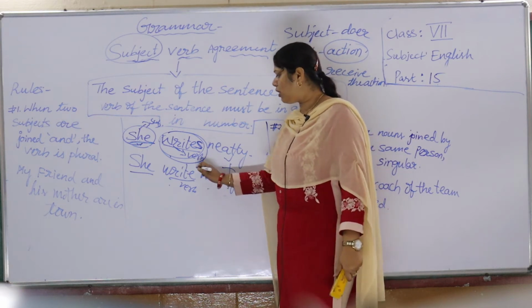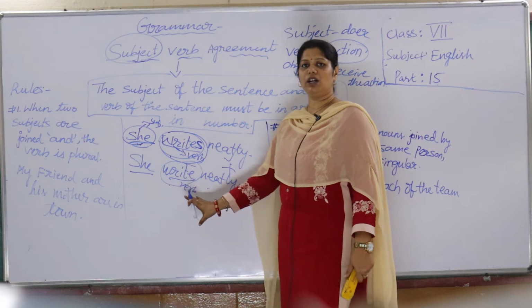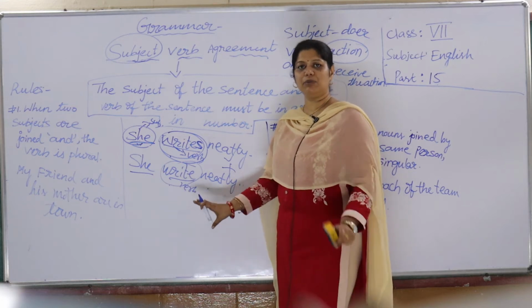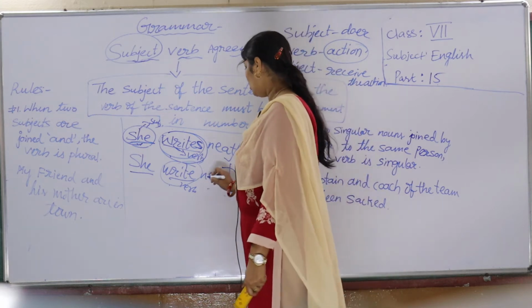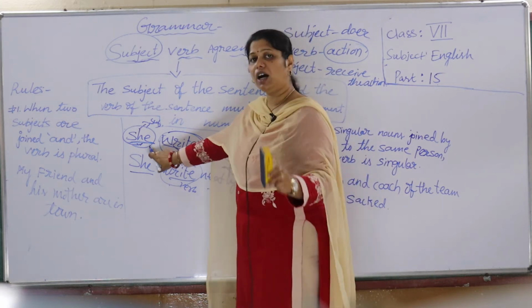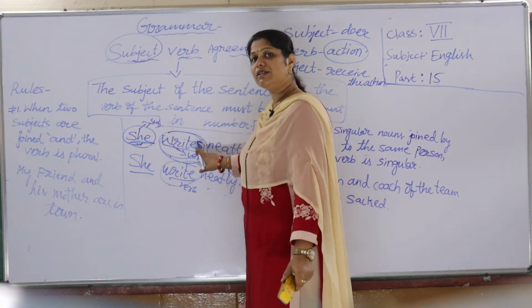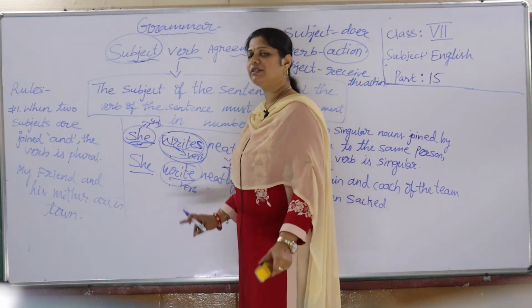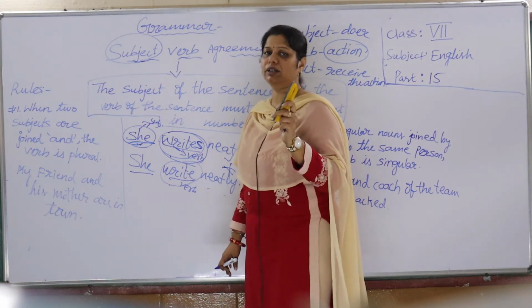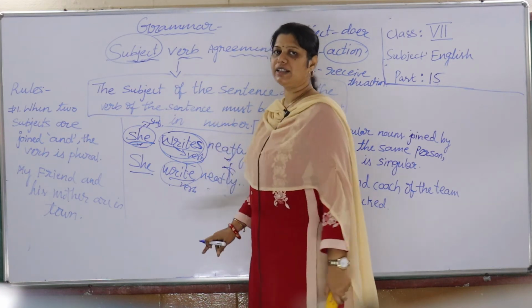So the plural form is the normal verb what we write, the present verb what we write, that is the plural form actually. Understand children? So, as I said, third person singular always carries the singular verb. Always. Third person means it must carry a singular verb. Okay. So in that case, this sentence is right.